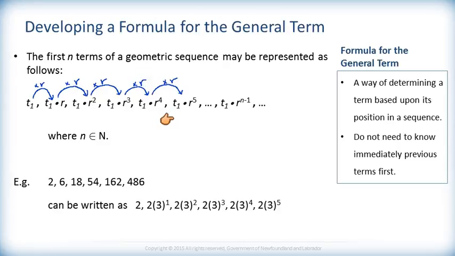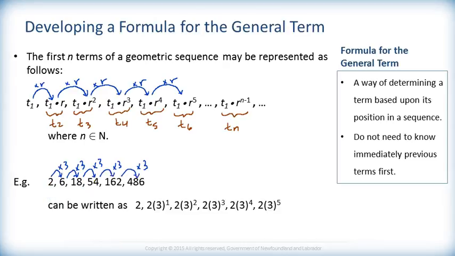You'll notice that when we get out to, say, term 6 here, the value of the exponent is 1 less than the value of the subscript. Therefore, by the time we get out to the nth term, t sub n, that's equal to term 1 times r to the n minus 1. For example, in this example right here, the common ratio is 3. So the first term gets multiplied by 1 common ratio to get to the second term. Then we can take the first term multiplied by 2 common ratios to get the third term,